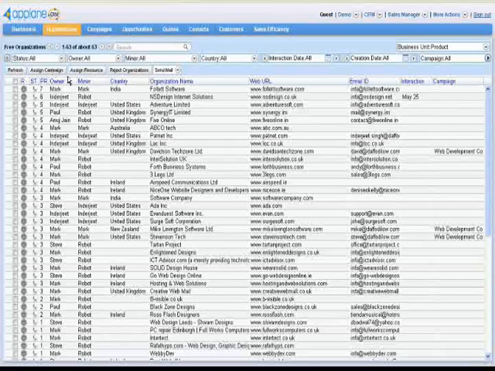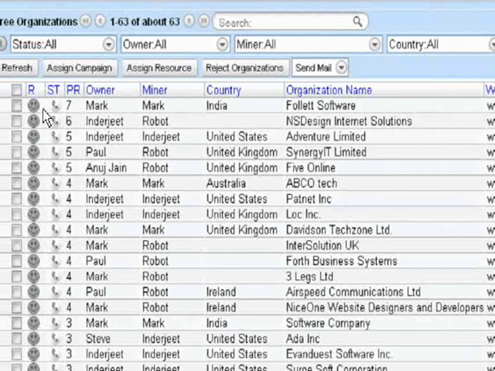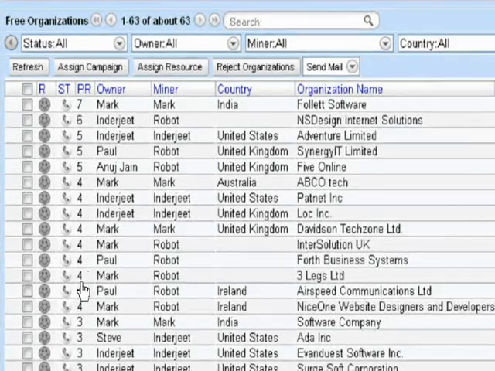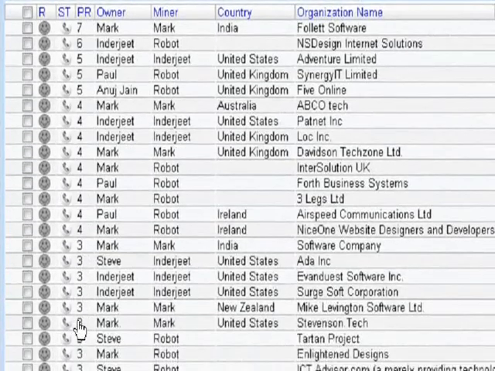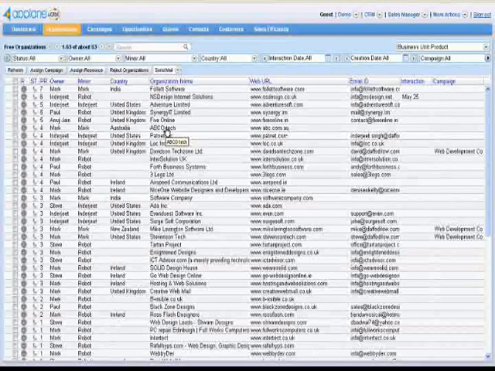Now moving forward with step 2, start a discussion. A newly created organization automatically gets transferred to free organization. The free organization page is sorted on the basis of Google PageRank. To get an understanding of the potential of the organization, you will need to initiate a discussion. For this, click on Initiate Interaction.